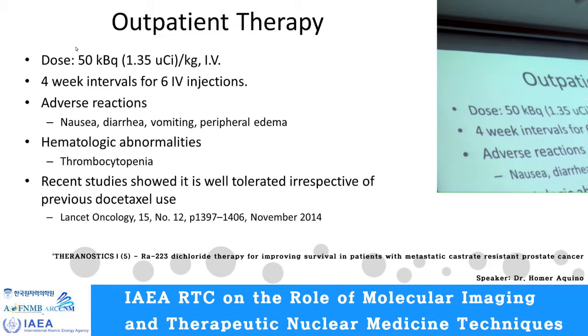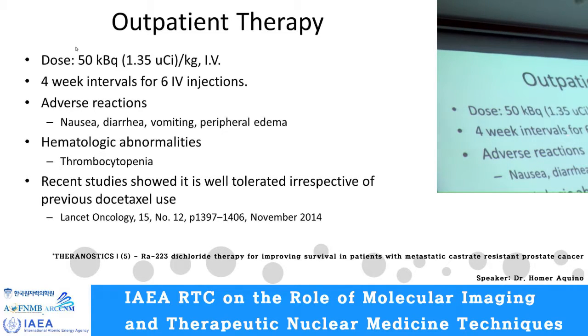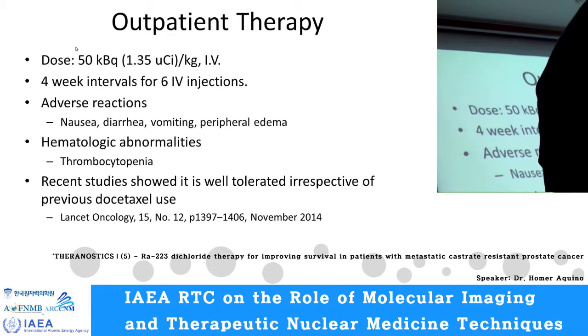The standard dose is 1.35 microcurie per kilo IV, at 4-week intervals. And again, the adverse reactions, which you have to tell the patients, may anticipate nausea, their GI symptoms,